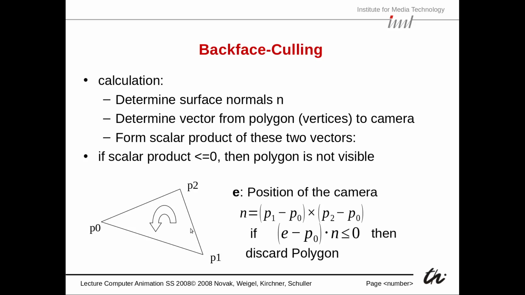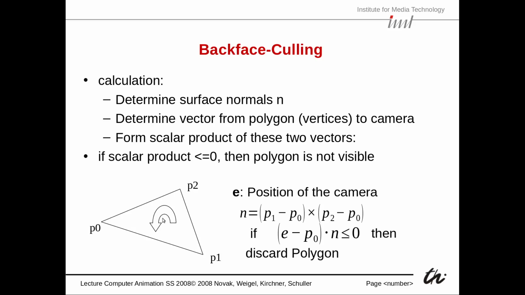Right? So here you can see it. We have this polygon, this triangle with those 3 points, those 3 vertices. And then we can compute the normal vector as a cross product of the edges. So we have P1 minus P0. So here's the first vector from P0 to P1. The second one goes from P0 to P2. So here it goes in this direction, and then we compute the cross product, and that gives us